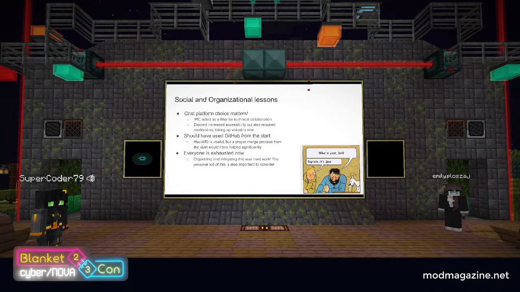In addition, we should have used GitHub from the start. The issues with HackMD and the total lack of access control with Snappytop made it difficult to manage at scale. The process involved with GitHub, which we originally thought would be too cumbersome, ended up being to our benefit as the scope of the investigation increased. Finally, it's also important to consider the personal toll of managing a situation like this. Personally, I got like 3 hours of sleep on the first day and like 15 over the 3 days when we were still in the middle of things. It's exhausting work, and even though we prevented countless people from getting infected, it still took a toll on all of us.